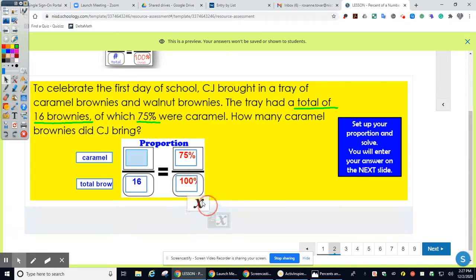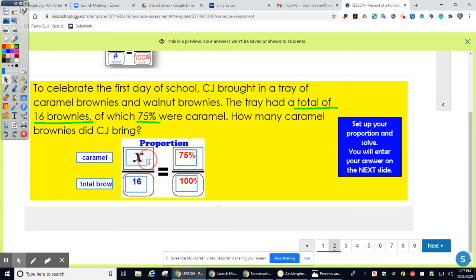So now we're going to go ahead and put our X here. And now we're going to simply solve for X. We can cross multiply and divide if we need to, or we can find a scale factor. Here, I know that I can simplify 75 and 100, so I'm going to go ahead and do that. I know if I divide by 25,